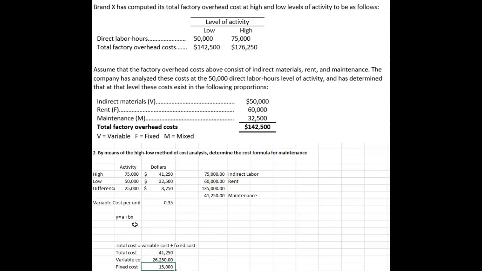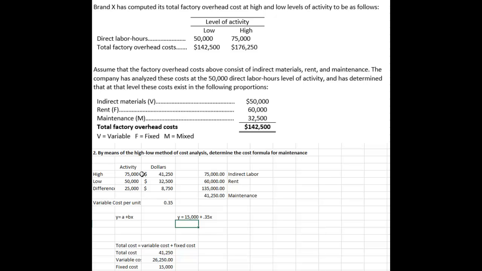$15,000. Okay, so now I have both. When we express this as a formula, we only want there to be one variable, and that one variable we want to leave as the x, or the level of activity, so that for any level of production, someone can project pretty accurately what the total cost will be for maintenance. So here's how I'm going to write this formula. The total cost, y, equals my fixed cost, which is 15,000, we figured that out down here, plus b, which is the variable cost portion, which is 0.35x. So that's actually your answer,